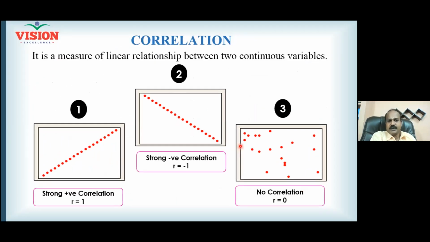Right. And now 3 diagrams I'm showing here. All the 3 diagrams are nothing but scatter diagram. Scatter diagram, all of you know, right? Scatter diagram is the diagram showing the relationship between x variable and y variable. The requirement is both x variable and y variable should be continuous data. And in correlation and regression, the x variable is called predictor and the y variable is called response variable.